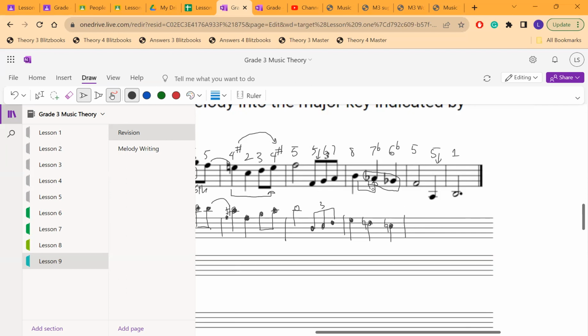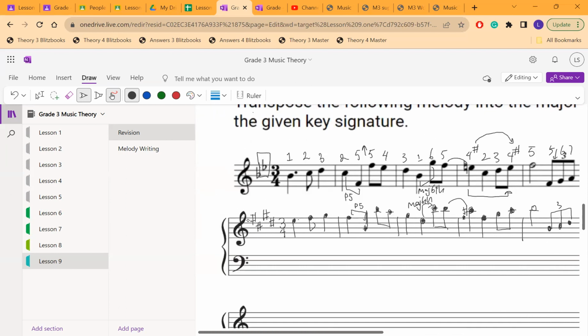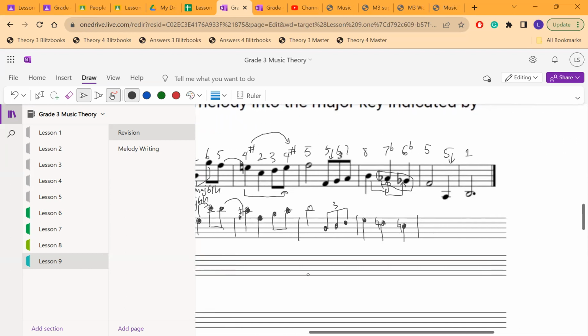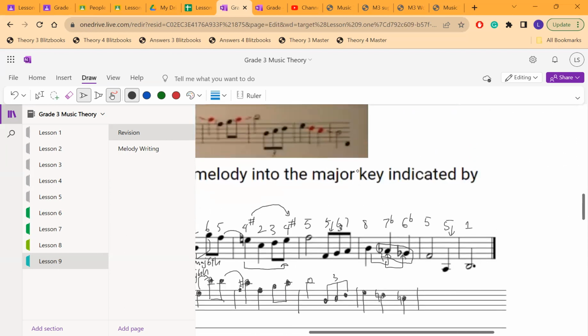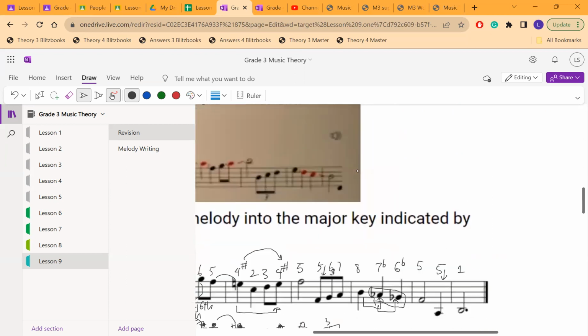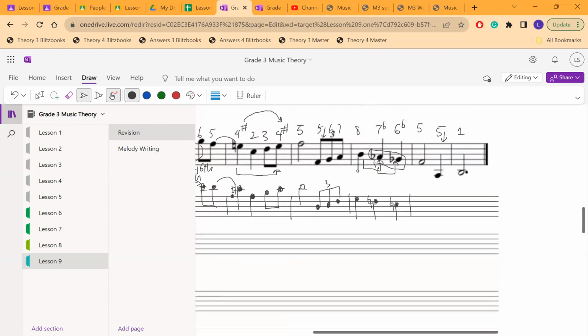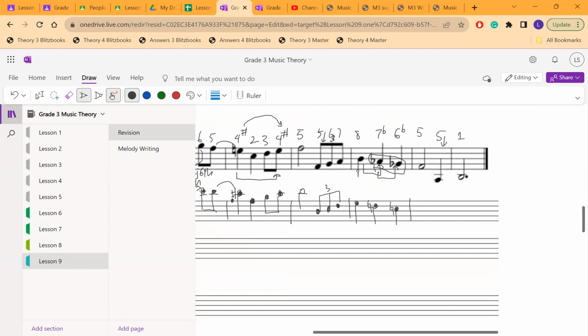So consecutive accidentals really trip people up. Either they forget about one of the accidentals, or they forget that the key signature was there and just do it normally, which is kind of what you did. But be careful with consecutive accidentals. I recommend when you have these, you be super careful with your intervals. Instead of thinking in terms of scale degrees, which would make it a whole lot harder because scale degrees don't account for accidentals,